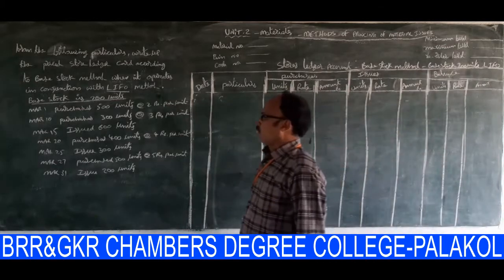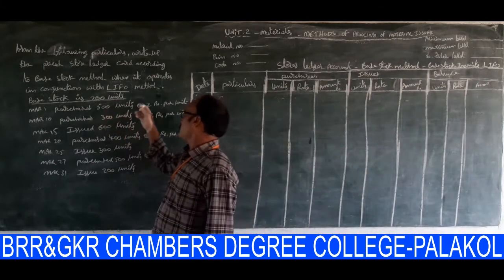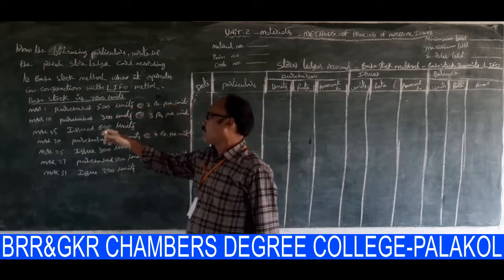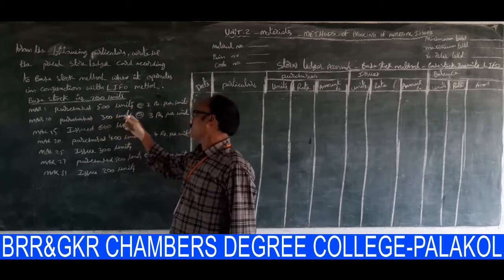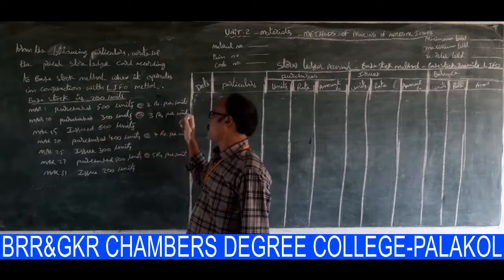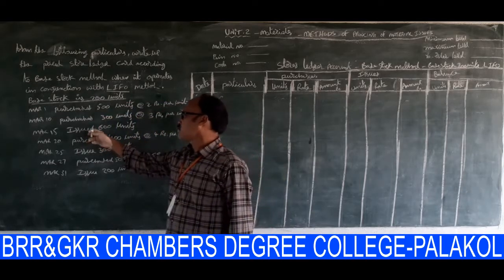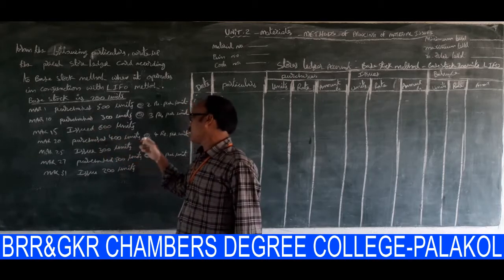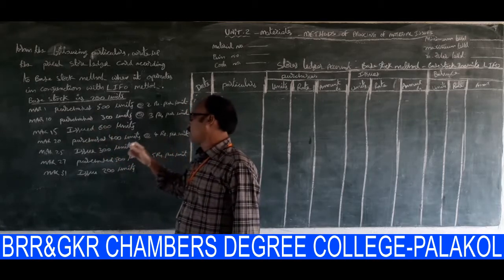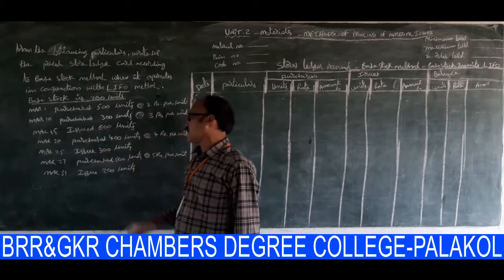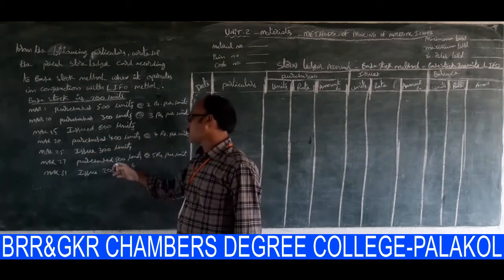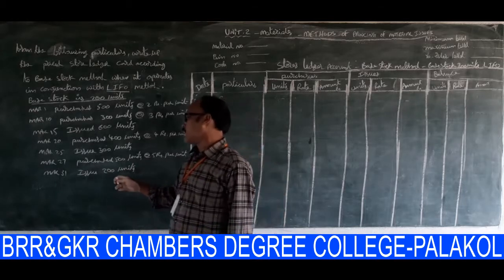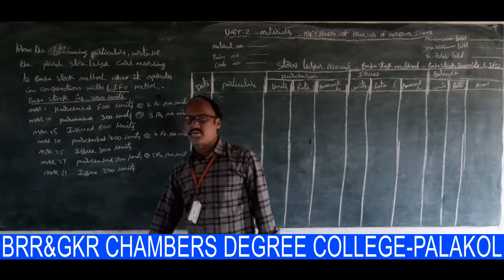Right. Purchases 100 units at the rate of 2 per unit. March 10th, purchases 300 units at the rate of 3 per unit. Right. March 15th, issued 600 units. March 20th, purchased 400 units at the rate of 4 per unit. March 25th, issued 300 units. March 27th, purchased 500 units at the rate of 5 per unit. March 31st, issued 200 units.